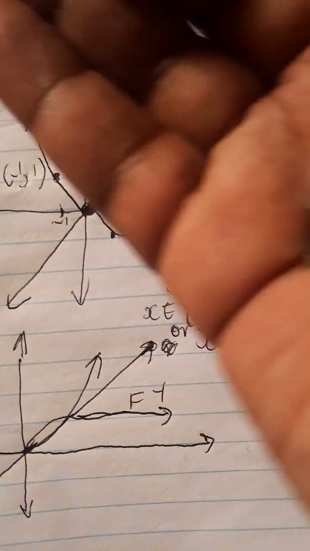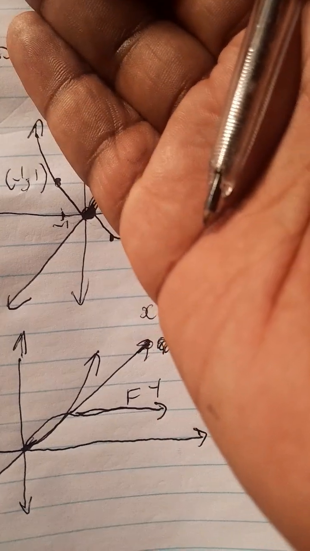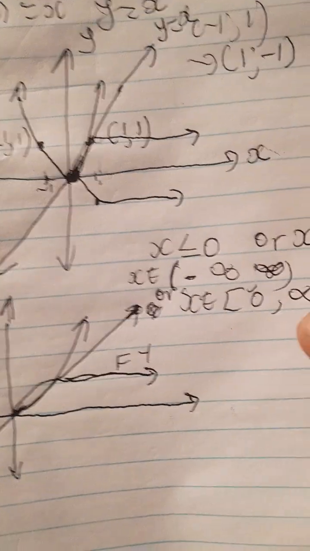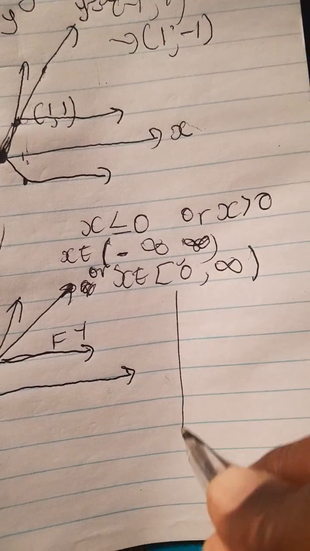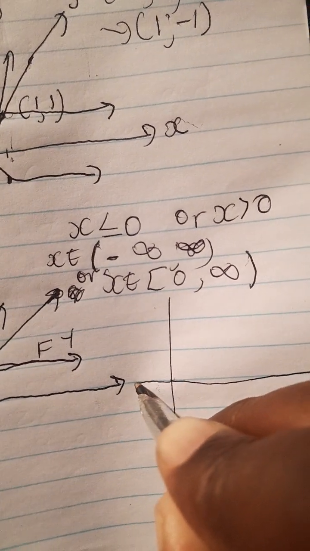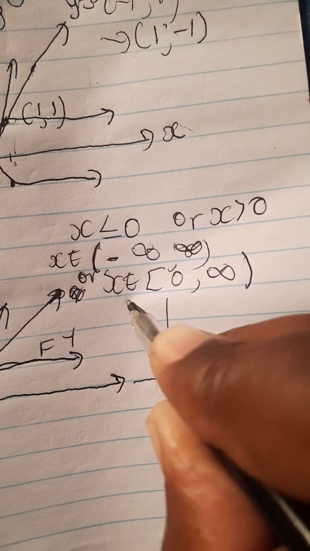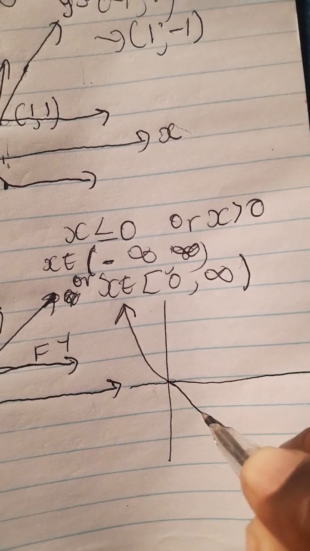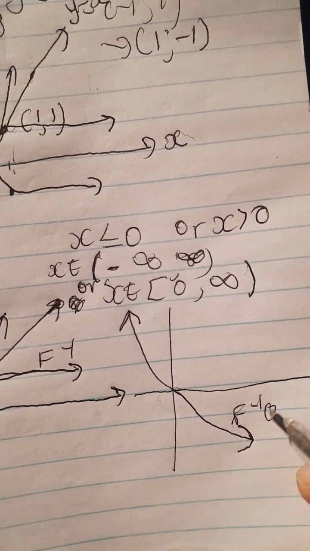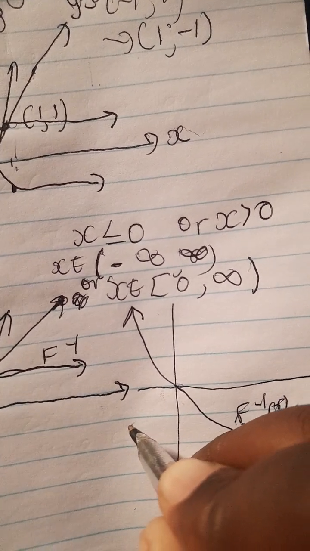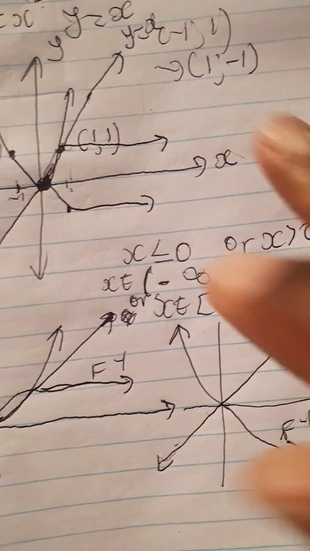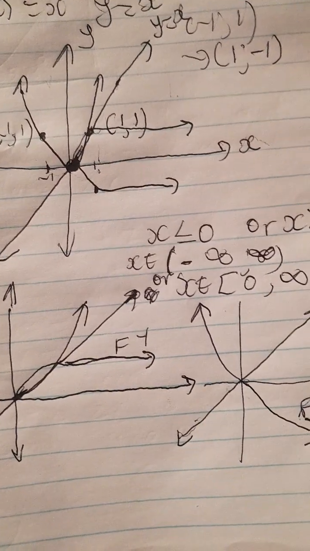If we take out this arm, what are we left with? You can see we'll be left with this top part and this bottom part, meaning we are going to have something like this and something like this, which is the graph of the inverse. Then it passes with a straight line there. So as we can see, this is how you make it